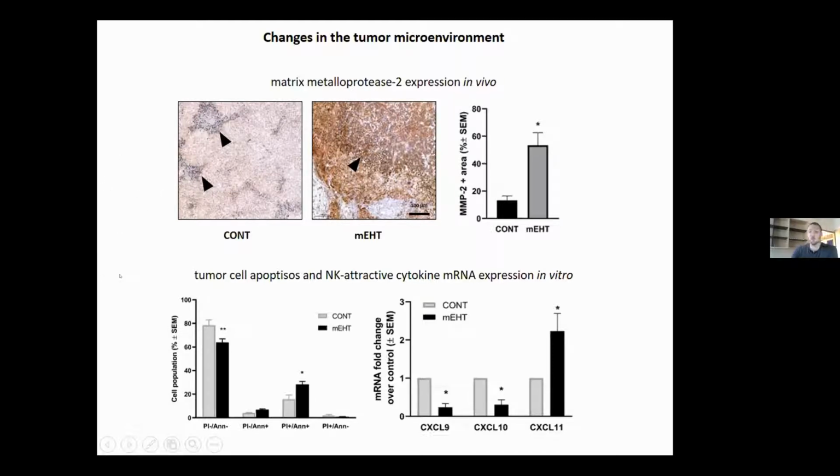For checking the relevant cytokine expression, which can attract the NK cells, first we established an in vitro model, and here we can see the relevant increase in the apoptotic cell fraction. We checked three kinds of CXCL ligands, which can attract NK cells in the normal in vivo environment, and furthermore, these cytokines can be promoted by the heat shock. So we were curious how it goes, and surprisingly, the CXCL9 and 10 levels were reduced after the electro-hyperthermia, but CXCL11 was significantly higher in the treated